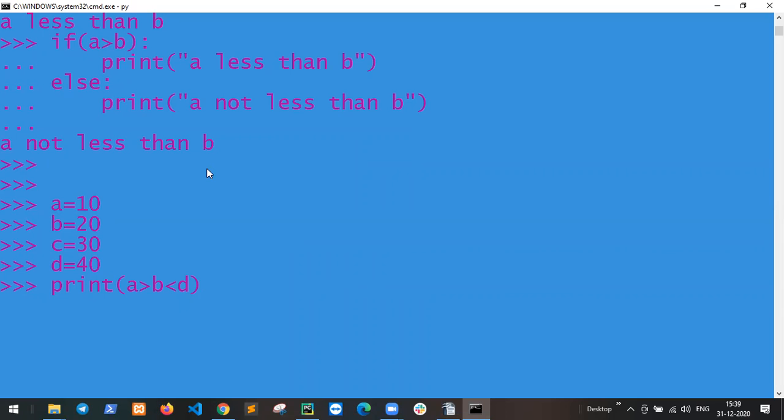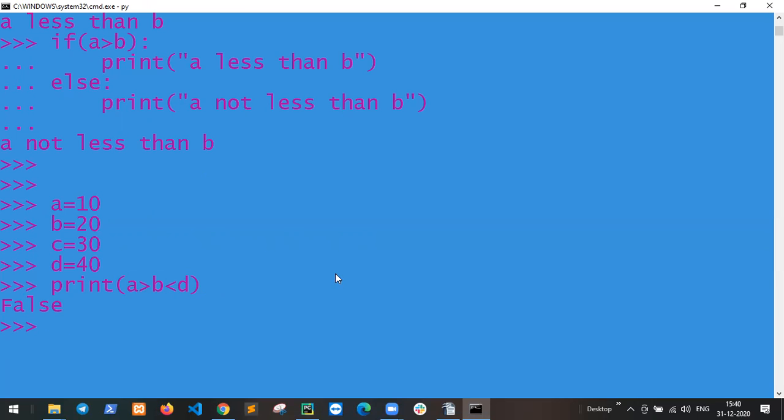B is less than B part. Yes, that part will be false. Krishna, tell me. A greater than B, sir. That part will be false. First part is false, sir. Here we will get true. Yeah, the first part is false, the second part is true, so we will get true. Okay, true is Fayaz and Krishna. Yes, sir. That's only true.